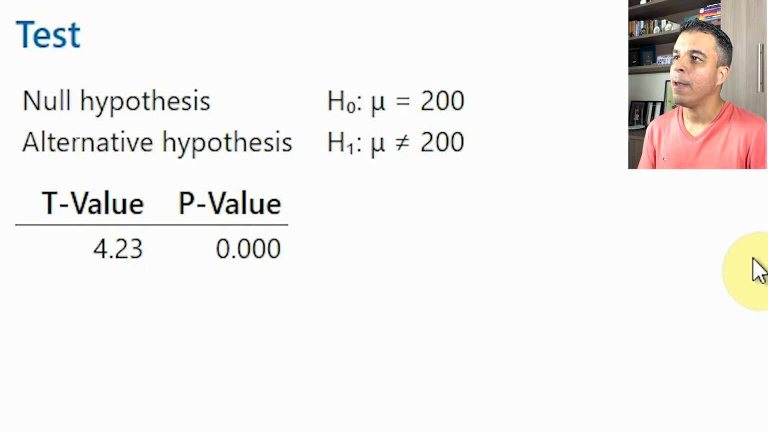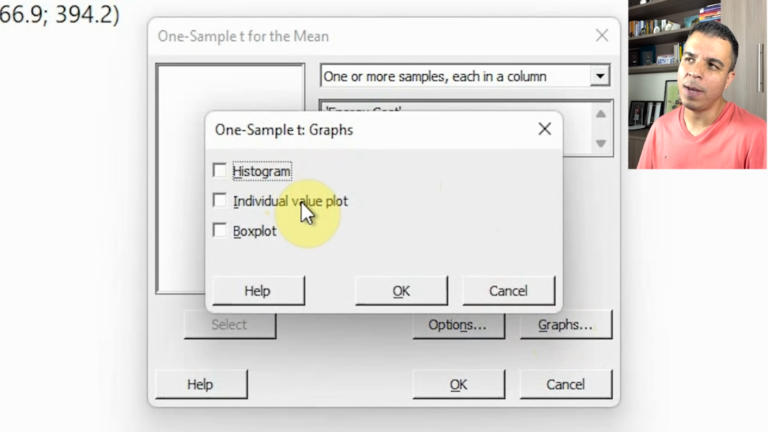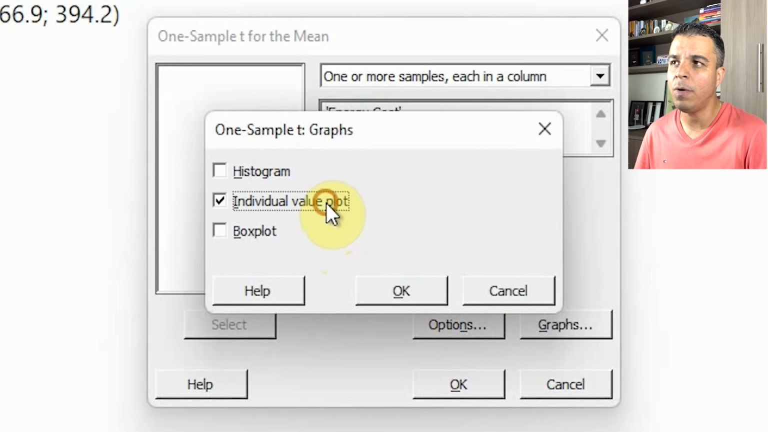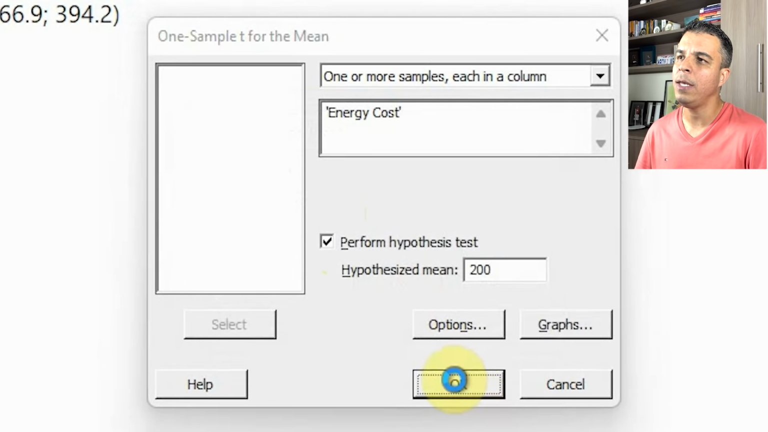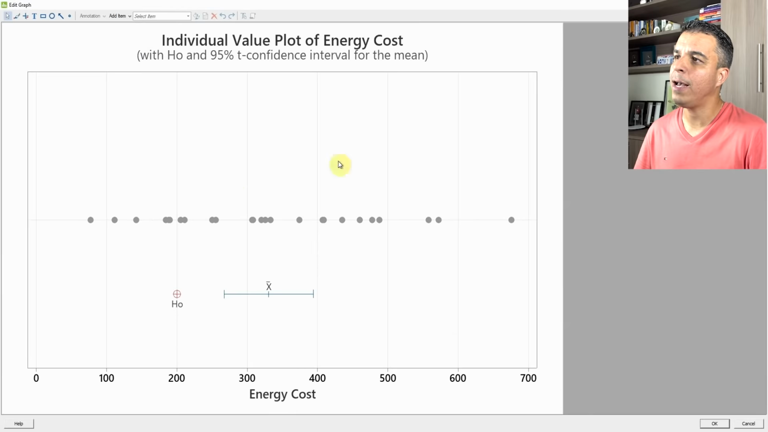And my recommendation here is Control E, graph. You can use histogram, individual value plot, or box plot depending on your sample size. I like very much individual value plot. Okay, and okay again. So see, you have all the data points here in gray, yeah, but you have also